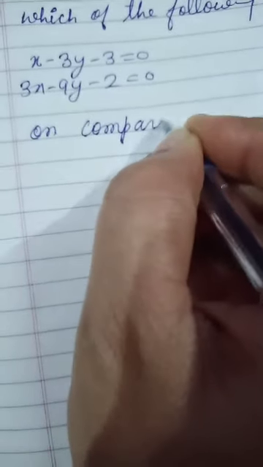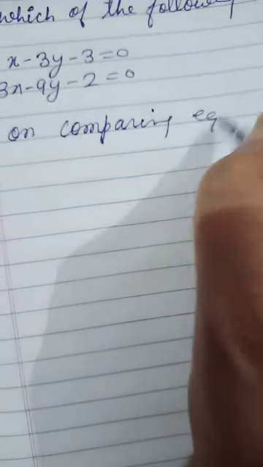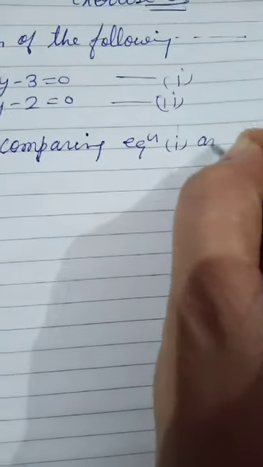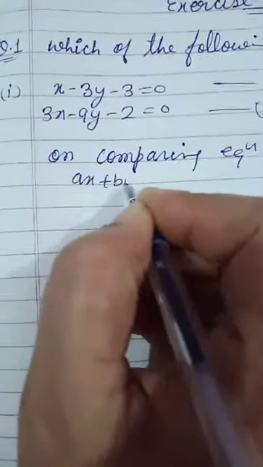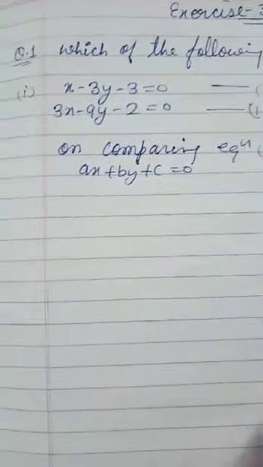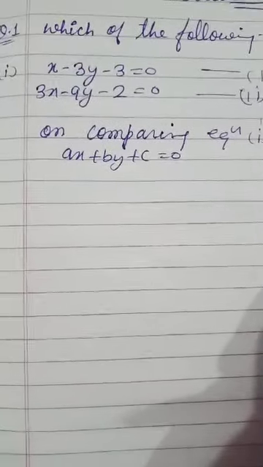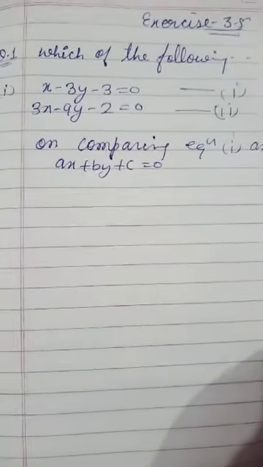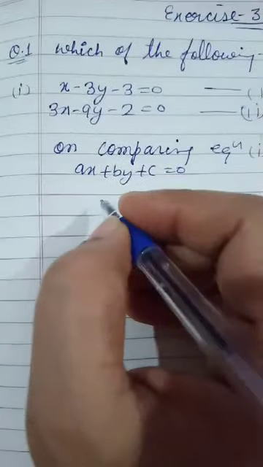Comparing equations, let's say it is 1 and it is 2. Equation first and second with ax plus by plus c is equal to 0. Statements are very important in view of your 10th class board examination, so please do care for this. So on comparing we get